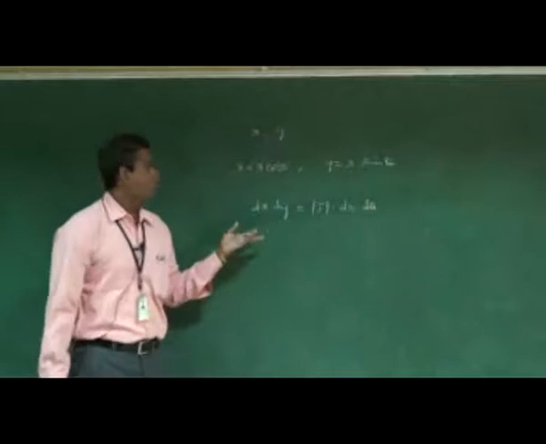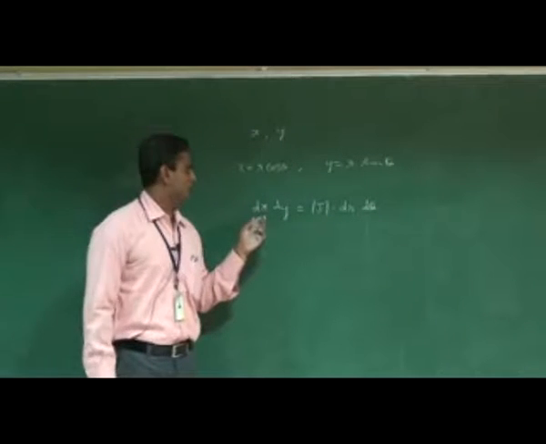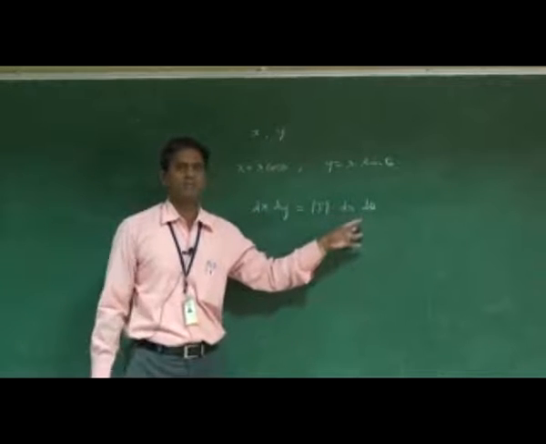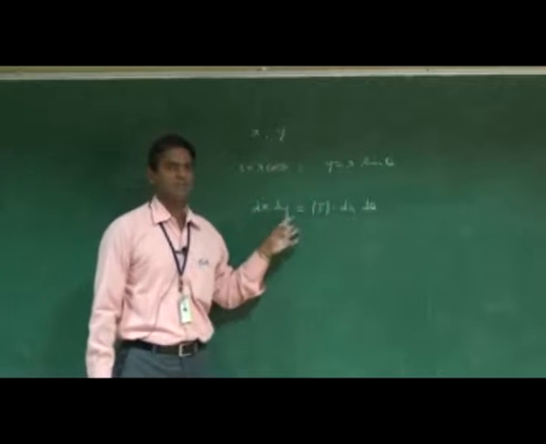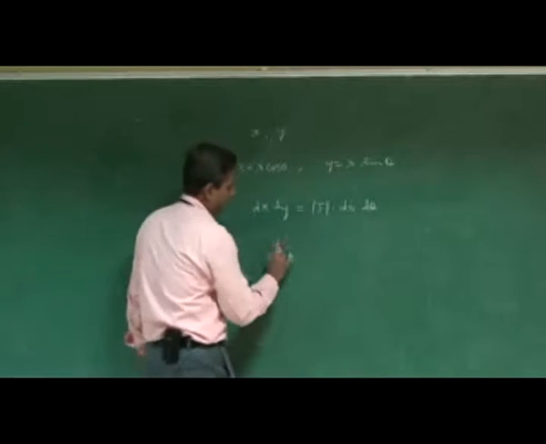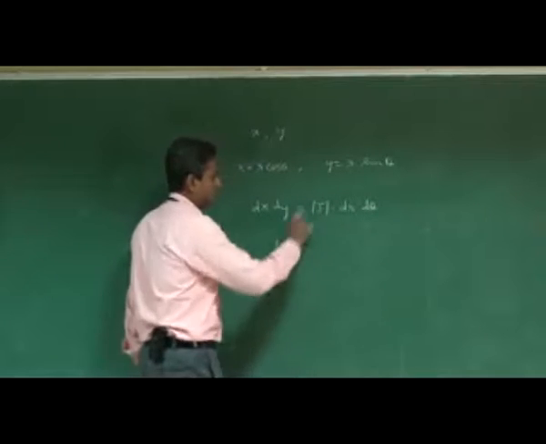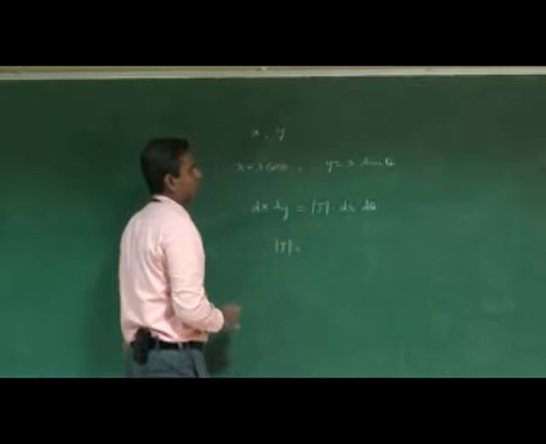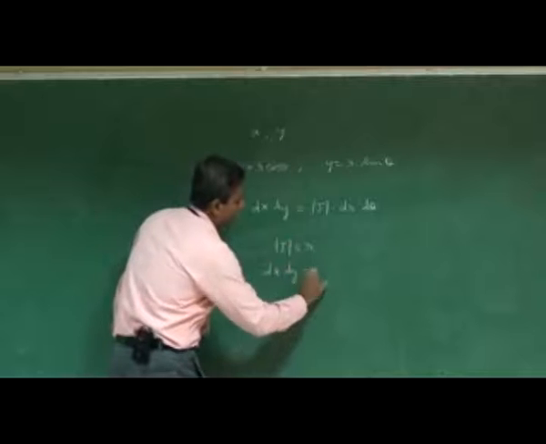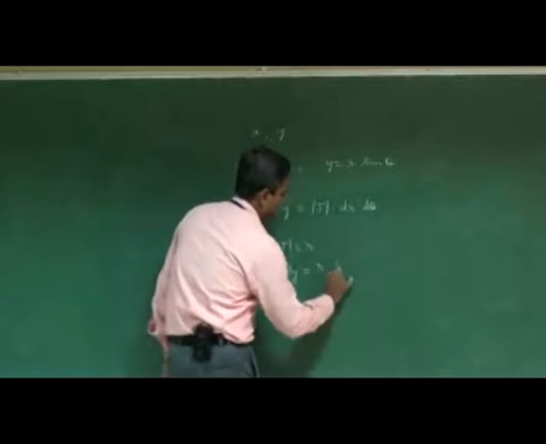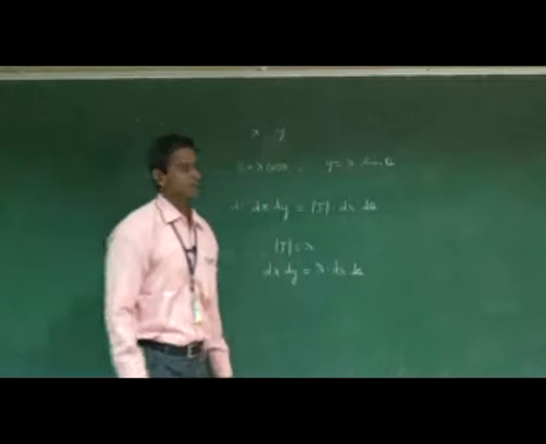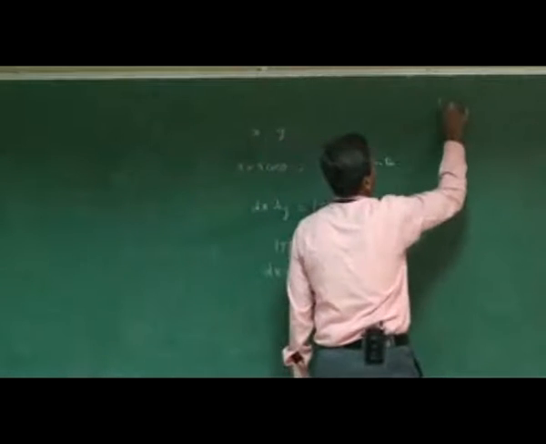So when we change the coordinates, that is Cartesian coordinates x and y, to another variable, like polar coordinates, we use dx into dy equal to modulus of J into dr into d theta. So modulus of J is the Jacobian. So we get the Jacobian from the given case x and y, we have got r. So dx dy is equal to r into dr into d theta. See, based on this we discuss the problem, that is evaluate